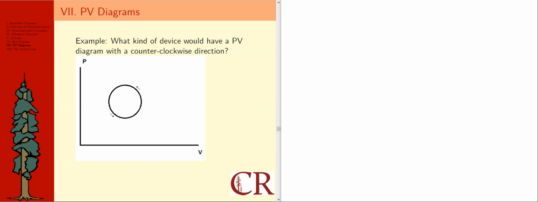What kind of device would have a PV diagram with a counterclockwise direction? Well, based on what we've learned about PV diagrams, we know that that would entail negative work being done. And if we look at the model we have based on heat and mechanical energy flows for a heat engine,